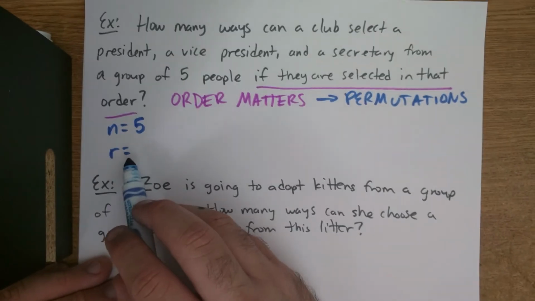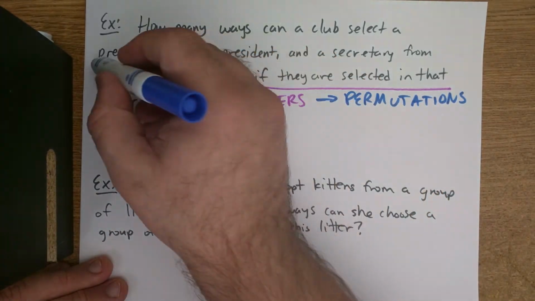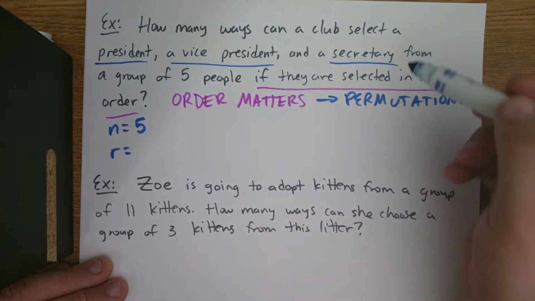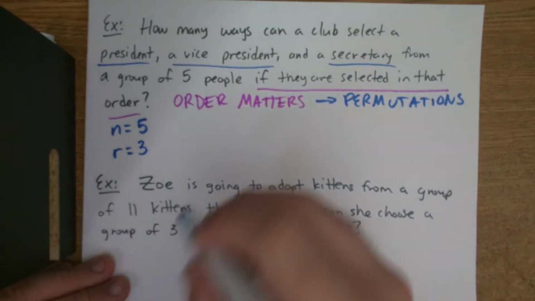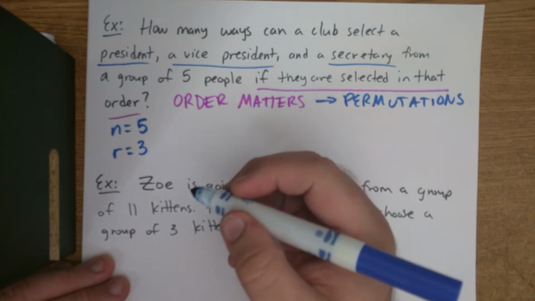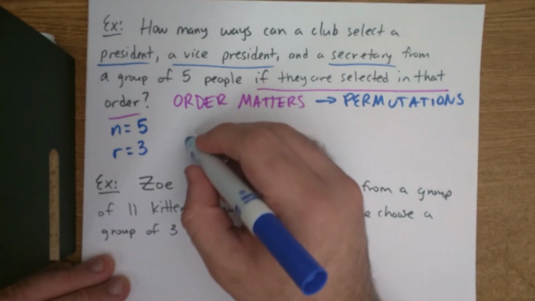R is how many people you're choosing. Well, you're choosing a president, a vice president, and a secretary. So how many people are you choosing in total? 3. So the way we do this, if we do the formula that you just copied down for permutations, is